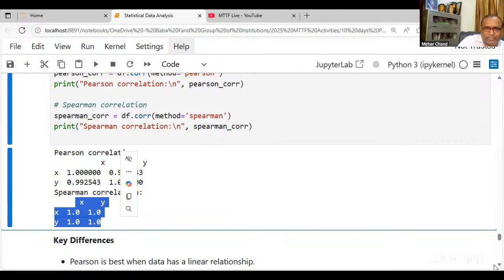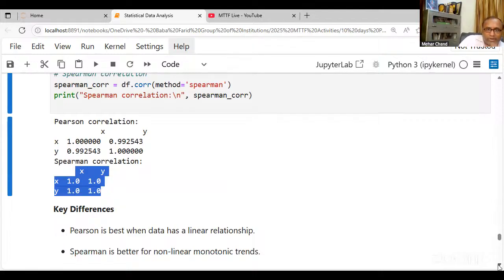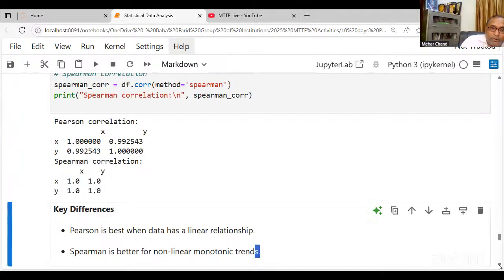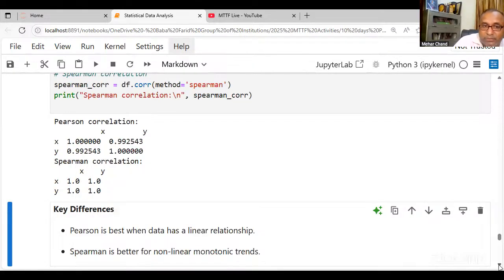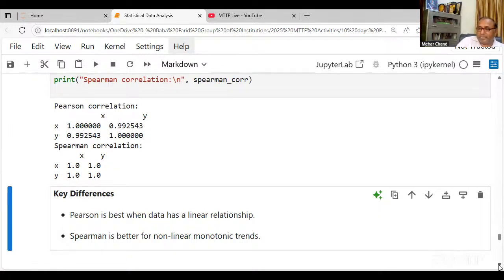Okay, so here we also try to present the key difference. What is the key difference between these two methods? Pearson is best when data has a linear relationship, and Spearman is better for a non-linear monotonic trend. Okay, so according to this difference, we have to choose which method is more suitable for our data set. We should not just take the data and use a method directly without thinking; you have to keep in mind these key differences, and according to that choose the method which will be more appropriate and return the suitable result. When you choose accordingly, the models which you establish will be more accurate